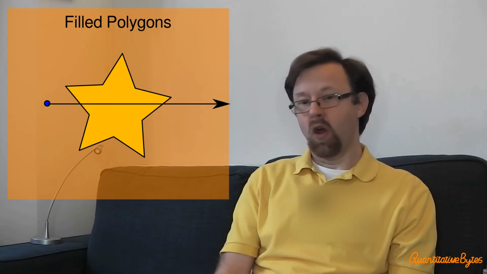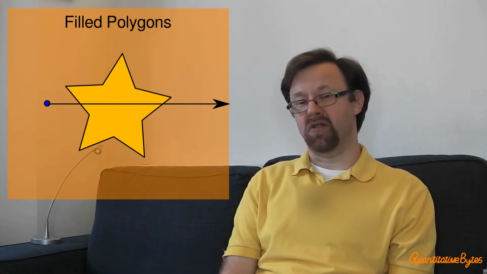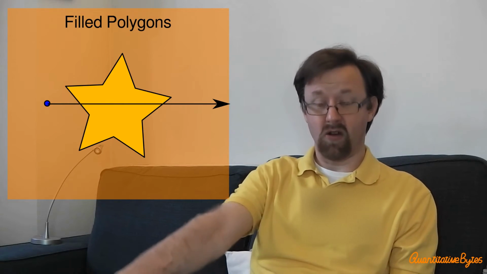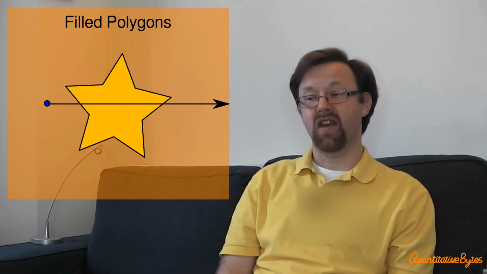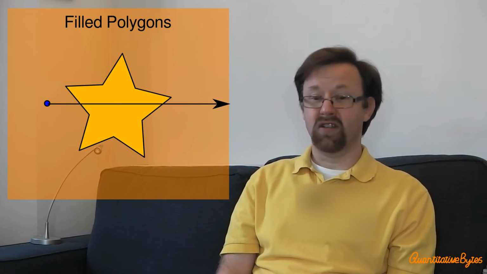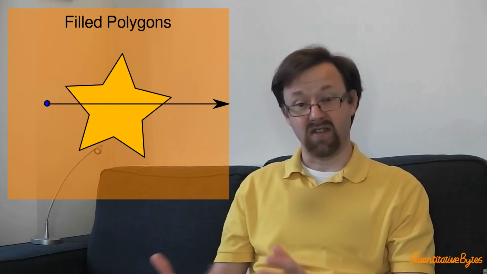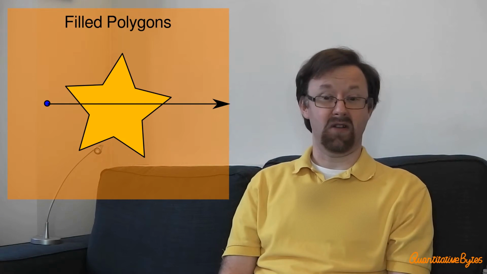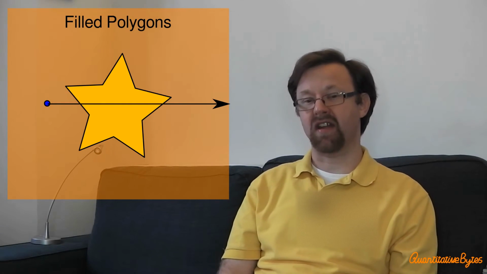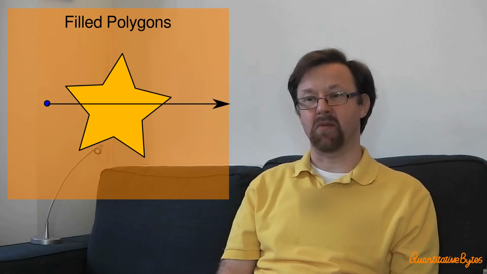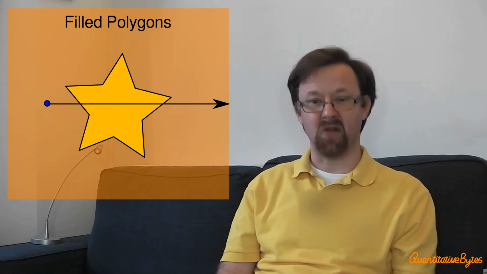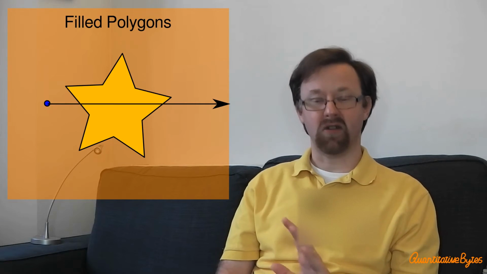So all we really need to do to determine whether a point is inside the polygon or not is to cast a line from that point horizontally out to the edge of the bounding box and count how many times it crosses the edges of the polygon. If that number is odd, then we know we're in the polygon. If the number is even, then we must be outside the polygon. And that's actually it. It's pretty basic, and I'll leave it for you to check. The slight complexity comes when you think about how to calculate whether I'm crossing the boundaries or not. We're going to come to that in a moment.